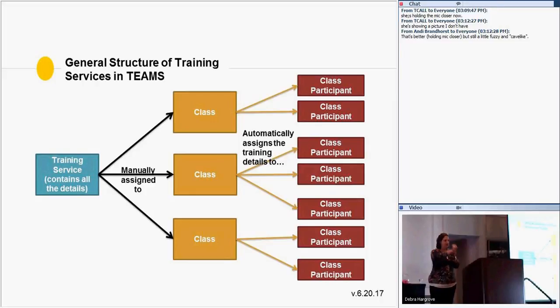I mean this instance of this medical assistant training, this instance of this CNA training. So think of that as one thing. Let's use CNA as our example. One individual CNA record for all the CNAs that are going to receive training between July 1st and August 30th is one record in TEAMS.